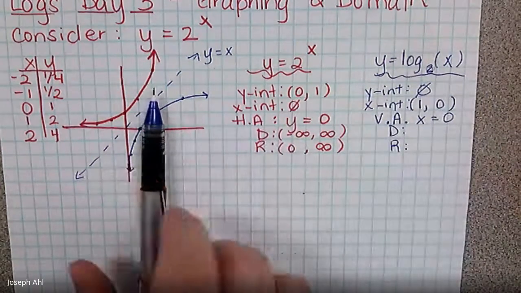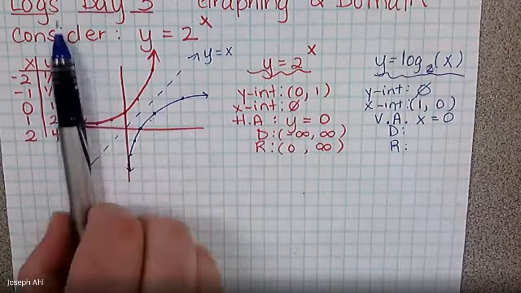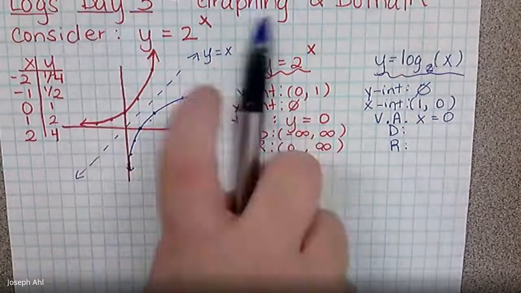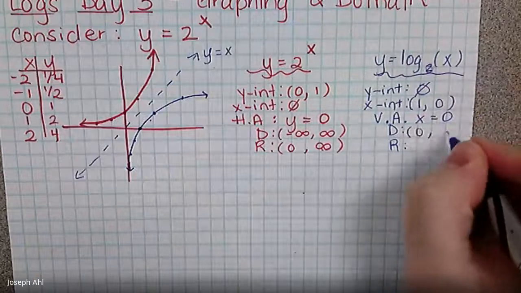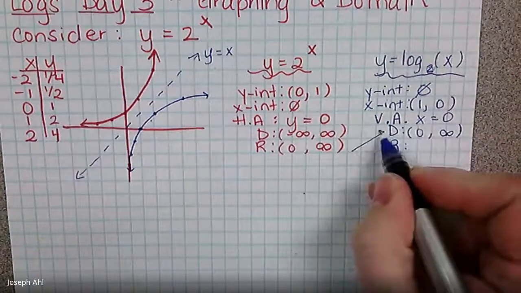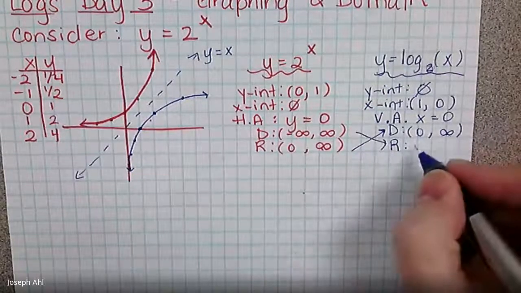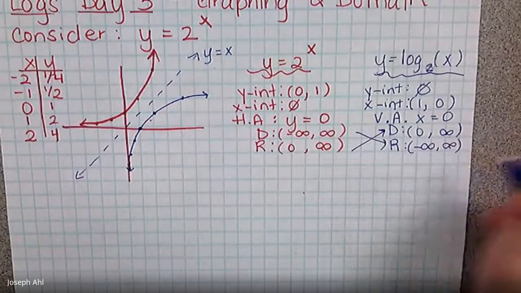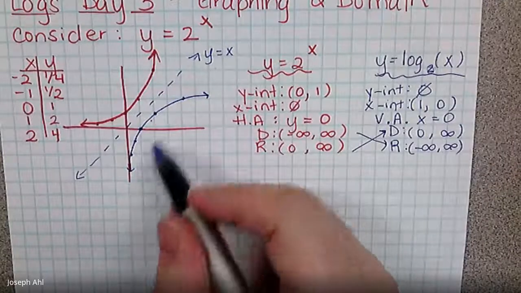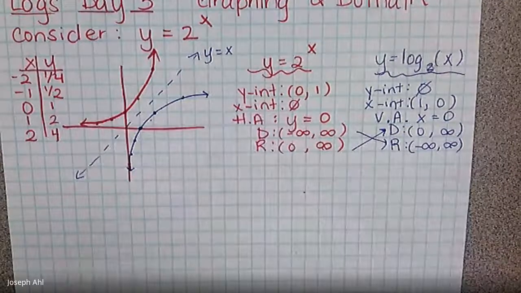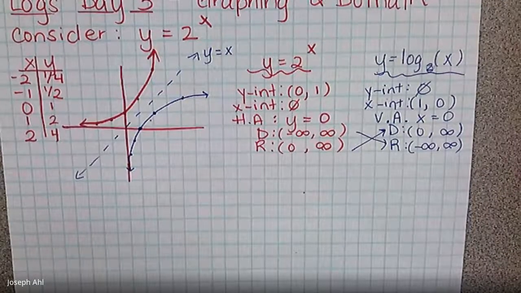Domain we have to be a little bit careful about. It's no longer all reals. It starts at 0 and then heads to infinity, which makes sense to me because remember, the range of a function becomes the domain of its inverse. And therefore, the domain of a function is the range of the inverse. And this makes sense. It looks like it's going down forever. It's going up forever. So the domain and range do get switched when we're talking about a logarithmic function as